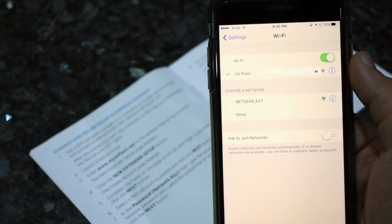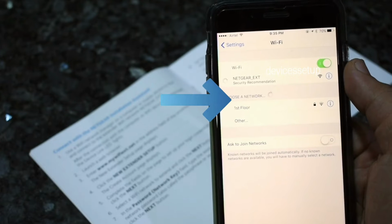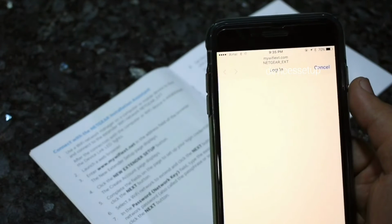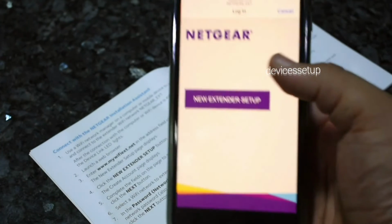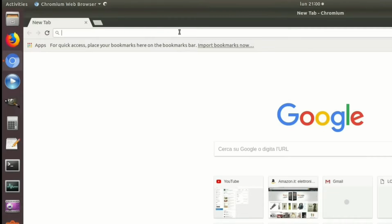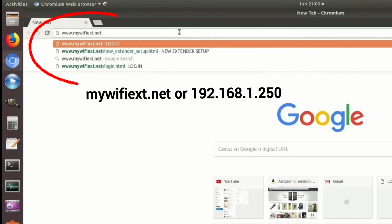Now, on your phone or computer, go to the Wi-Fi list and look for Netgear_EXT network name. You need to connect to this network. Once connected, the setup window will pop up automatically, and if it doesn't, then open a browser on the very same device and in the URL type mywifi.ext.net or type